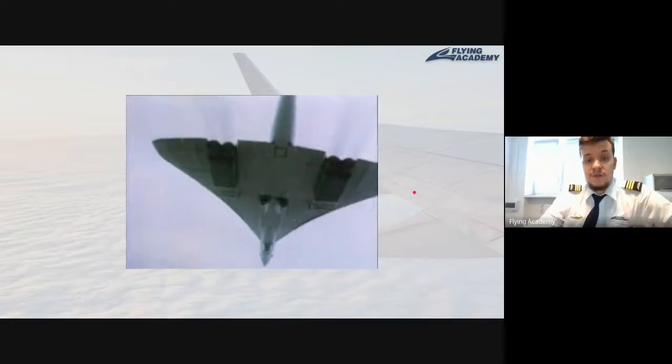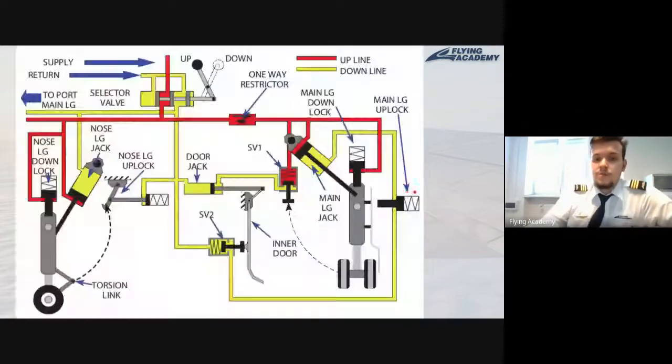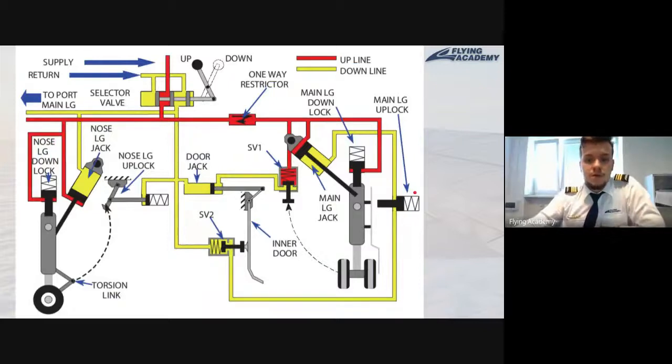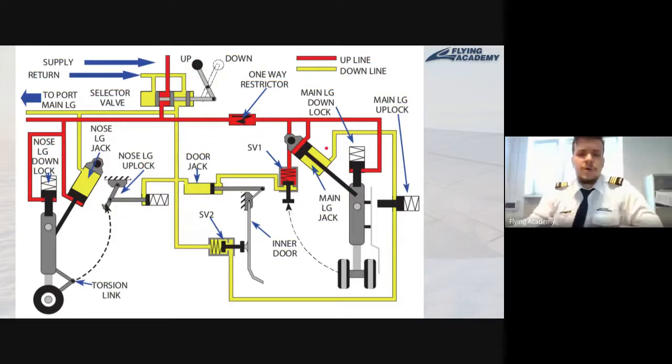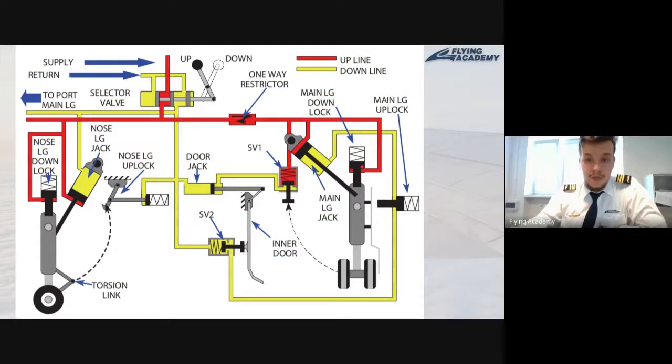So now let's look at this process in a bit more detail. Typically it will start working like this: initially our landing gears are in a down position and the pilot moves the selector into position up. We have a lot of elements here, but the most important for us are the inner door, a switch which will represent in which position our landing gears are located, a locker which will lock the landing gear in an up position, and a locker which will lock the landing gears in a down position.